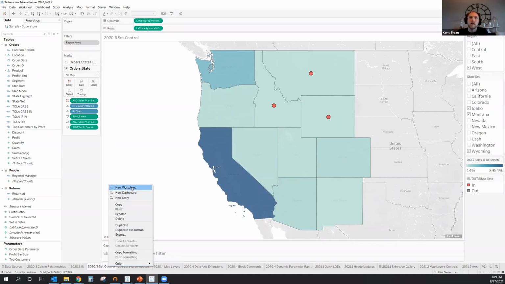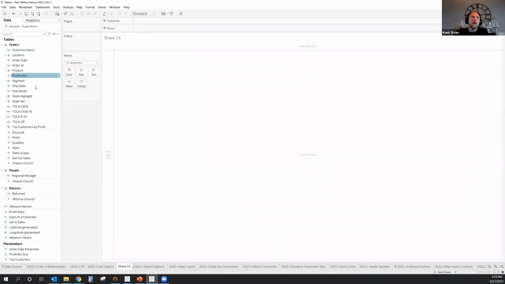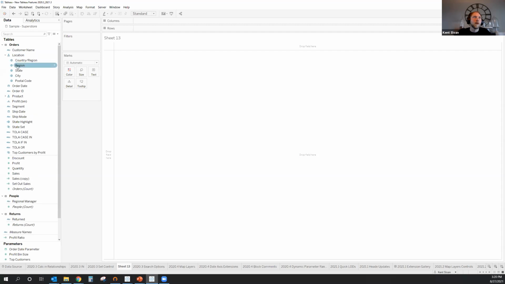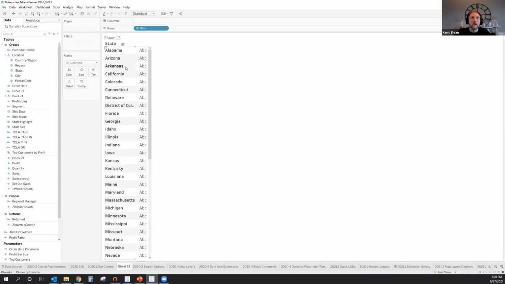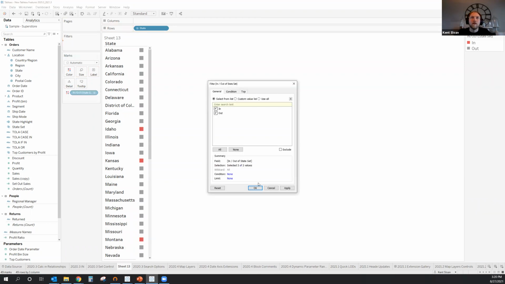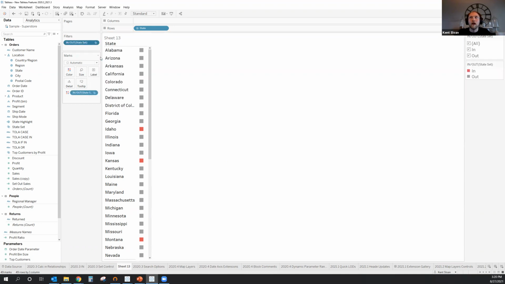So that's actually using a set action in this way. Let's grab my state field, and I've got a state set that I can then drop in here. Expand out state. We'll just drop it on this list just so you can see that. Bump up that size so you can read this. The key piece is that I'll drop it on color so we can spot it. When I want to make this an interactive input for users, I tend to think of that as a filter. So what I was trying to do is drop this on filter, and then show that filter.